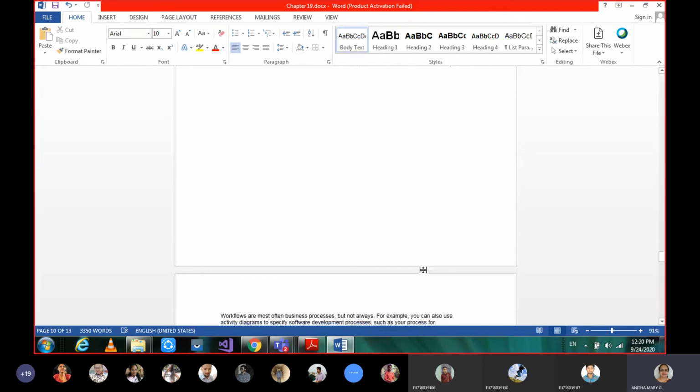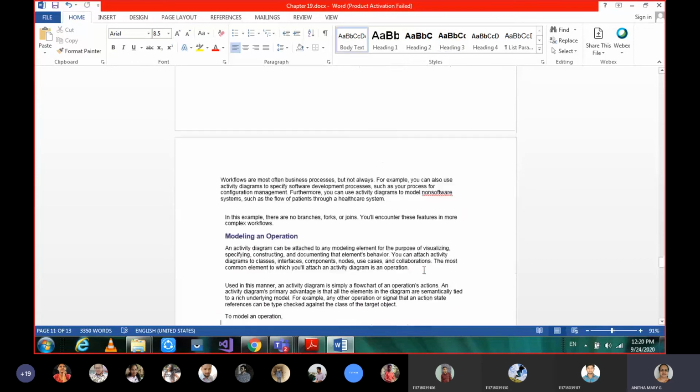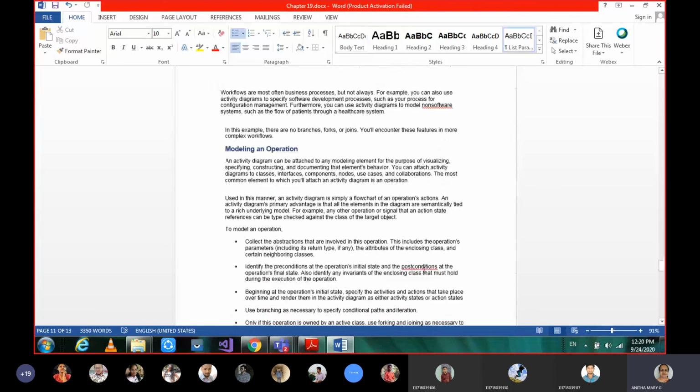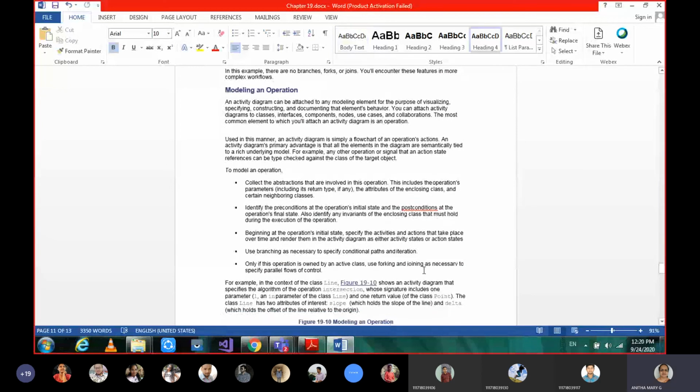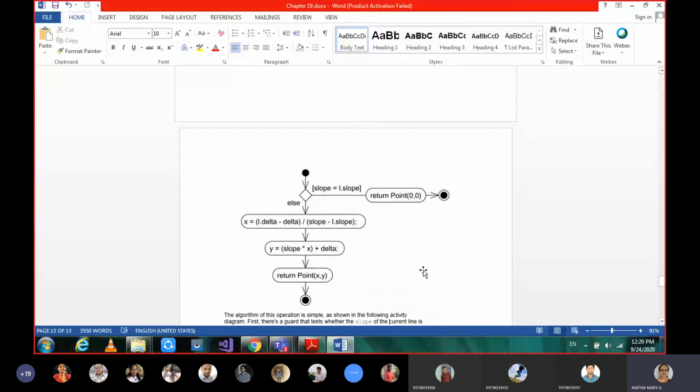Then moving on to the second common modeling technique, that is modeling an operation. Say suppose, just see this example here. This is finding an intersecting value. When two lines intersect at a point, you want to find the coordinate values x comma y.